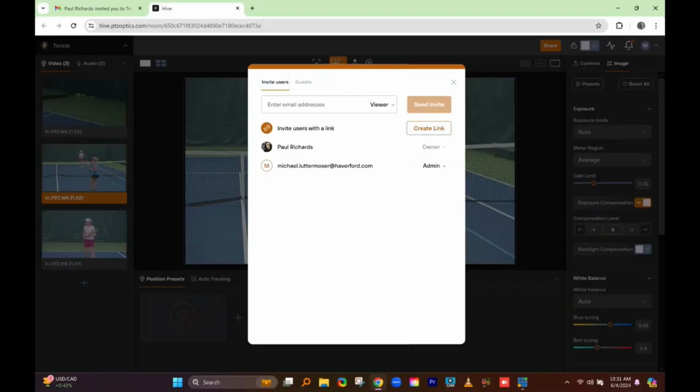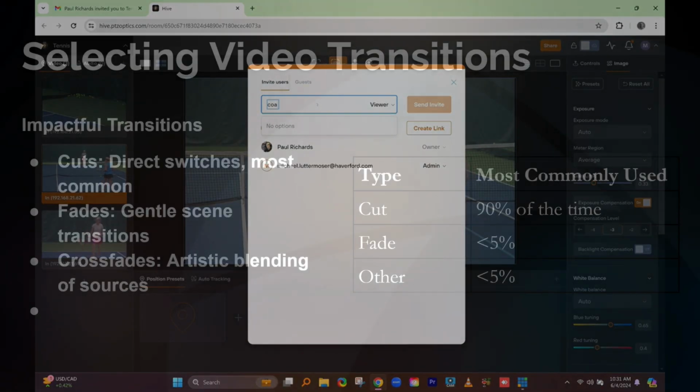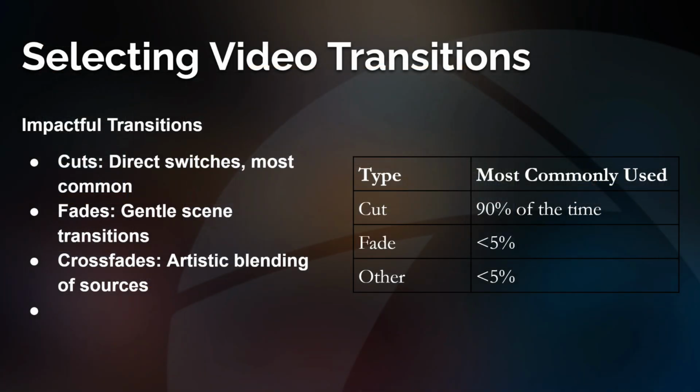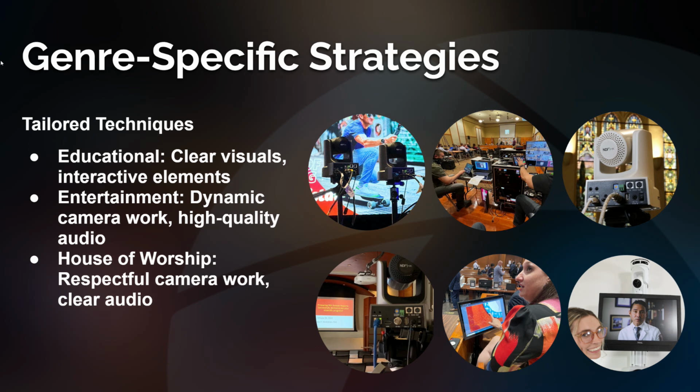Where they're crossfading between one thing or the next in a sports environment. But they're not used that often when you're looking at all the transitions and cuts in aggregate. So just something to consider there. So now let's take a look at